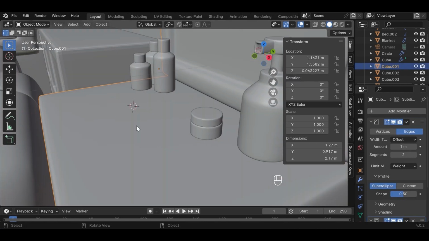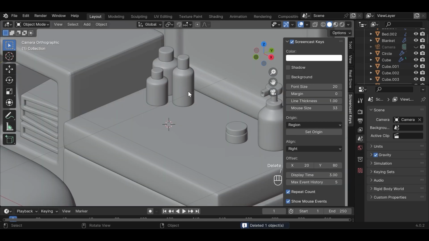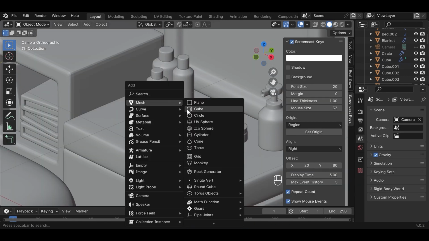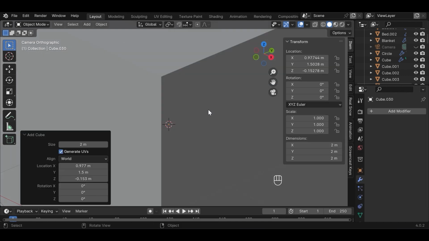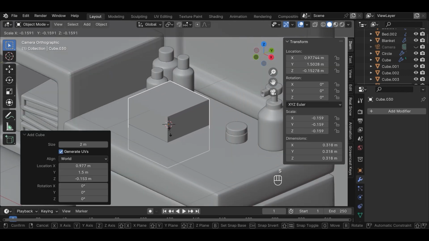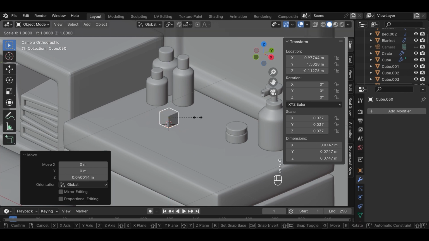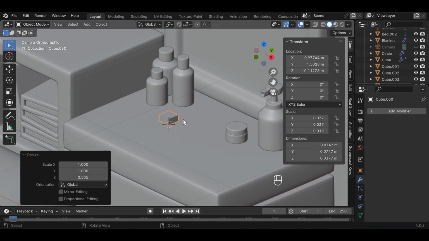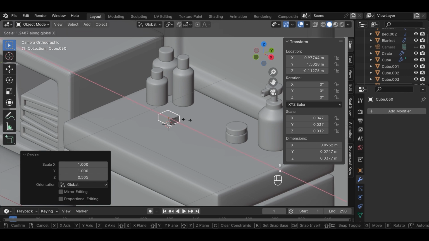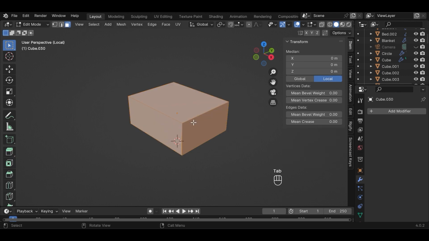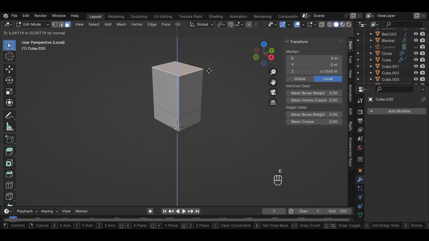Let's make one more. Shift A and add a new object. We'll add a cube. S to scale it down, G and Z to move it, and S and Z to scale it in Z-axis. In edit mode, select this top face. E to extrude up,